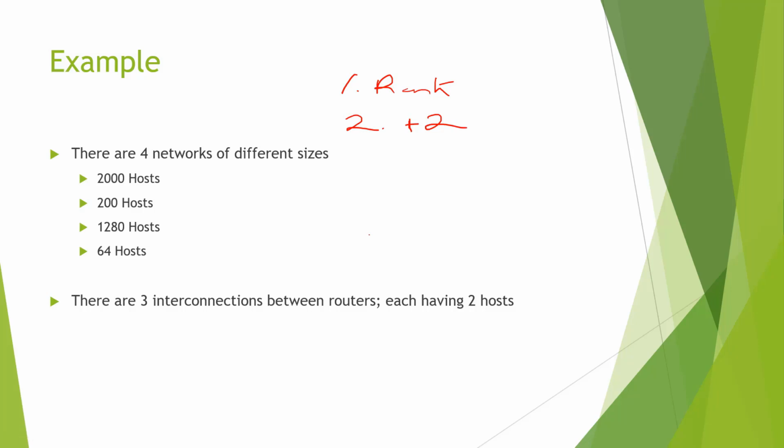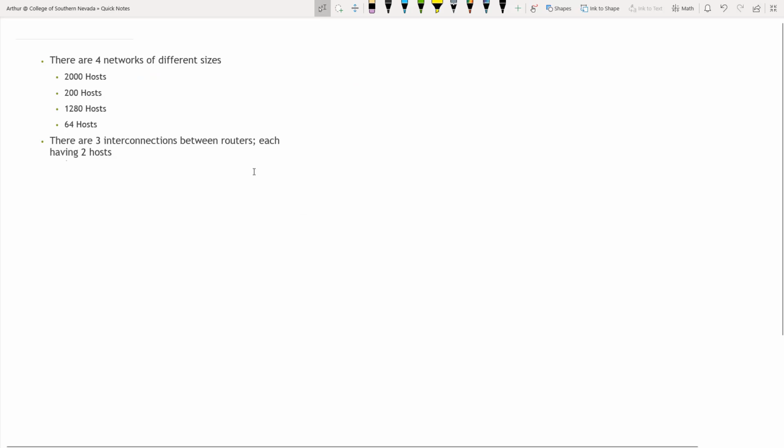So let's go and work through a problem. I opened up OneNote and I'm just going to fill out the information. So I'm going to do 2,000. I'm sorting these greatest to least. 264. And I have 2 networks that have 2 hosts each. Because the word host was used, I'm going to make sure to add 2 to all of these. So that means I'm actually going to be subnetting based off of